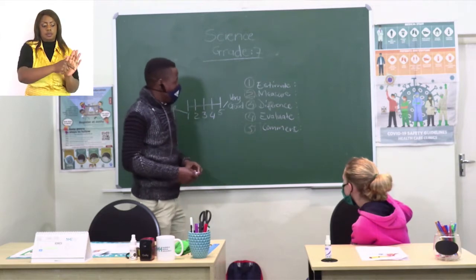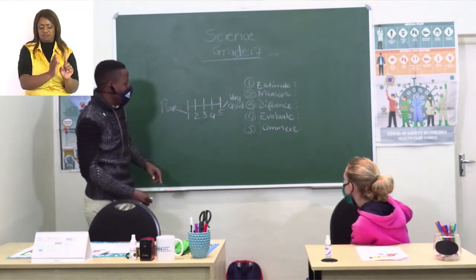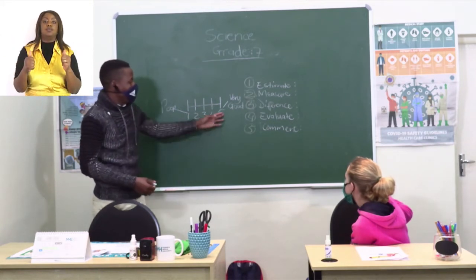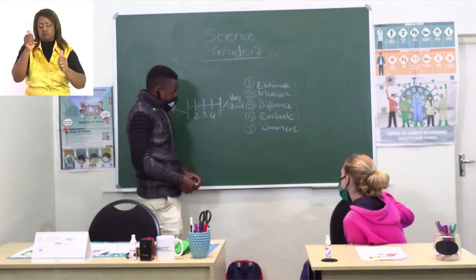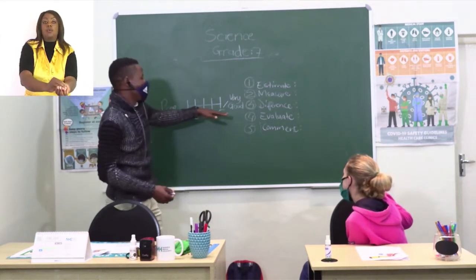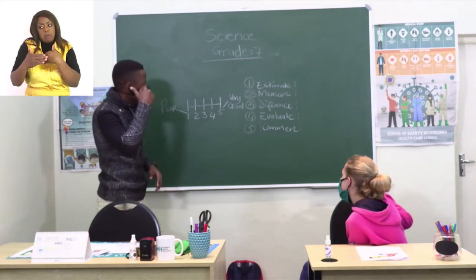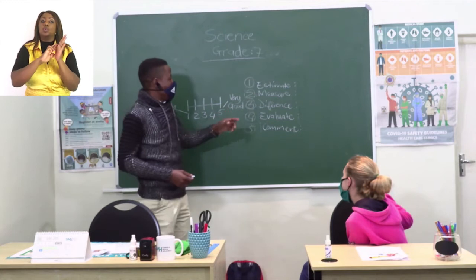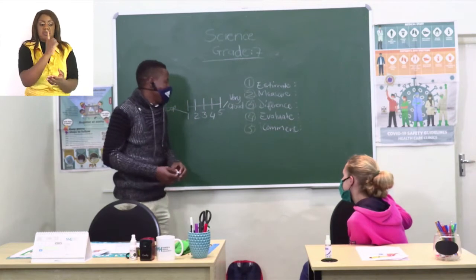There is evaluation, whereby you have to evaluate yourself or your estimate according to the scale which is drawn here. If it's low, that is a poor estimate. If it's at 5, then we say this is a very good estimate. We also have to look at the comments, whereby the comments talk about how your estimate is related to the measure, and that should be either poor or good.